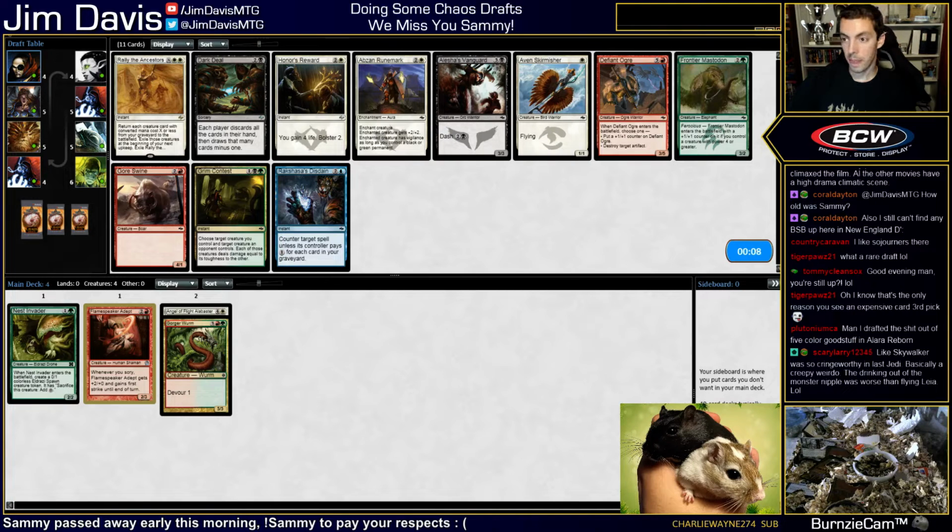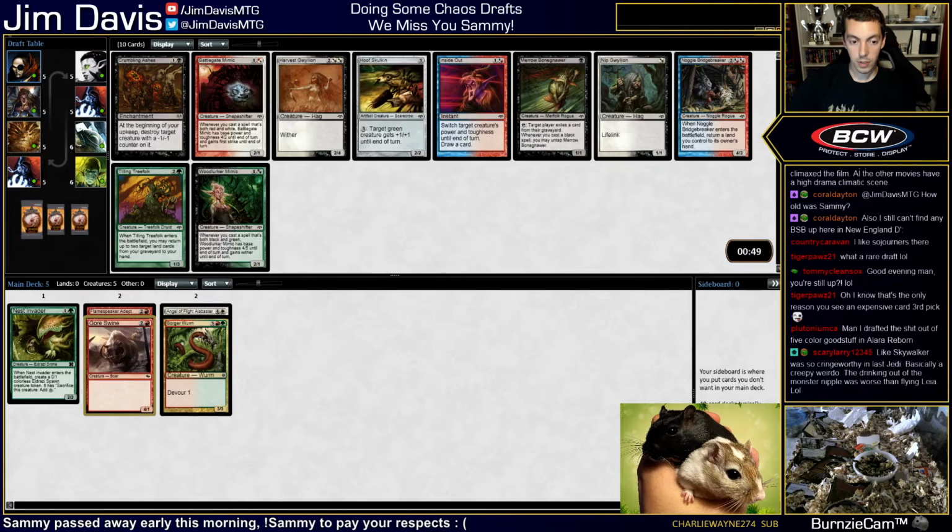I disagree. This pack is terrible. We're taking Gore Swine. That sucks. I guess the bolster spell wasn't that bad, but